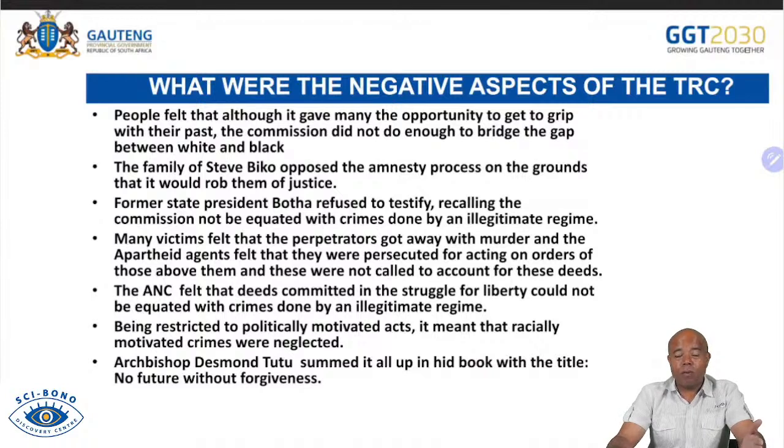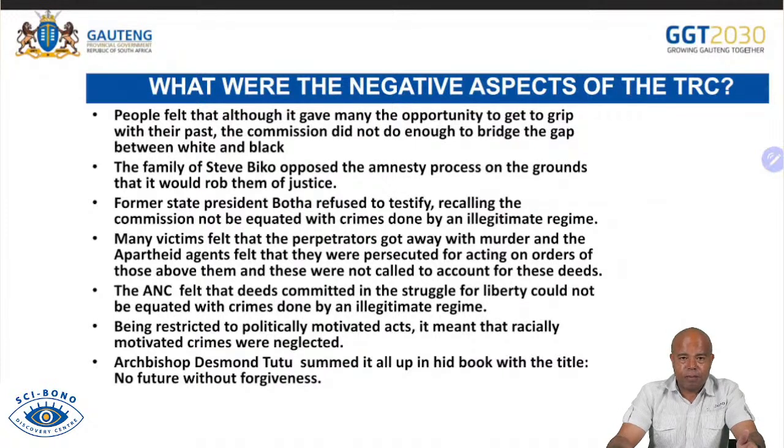And when we go to our next point, many victims felt that the perpetrators got away with murder, like in the case of Steve Biko's family, and the apartheid agents felt that they were prosecuted for acting on orders of those above them, and these were not called to account for these deeds. So what happened is some of the ministers refused to come to the TRC because they felt it